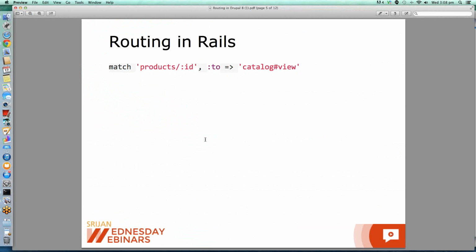We'll come to the next slide. In case we talk about Rails, Rails has a routing file in which this is the path, and the corresponding controller would be this. And in case we talk about some other framework, let's go to